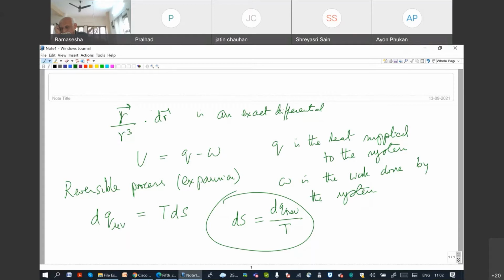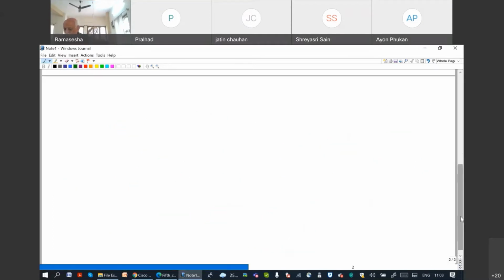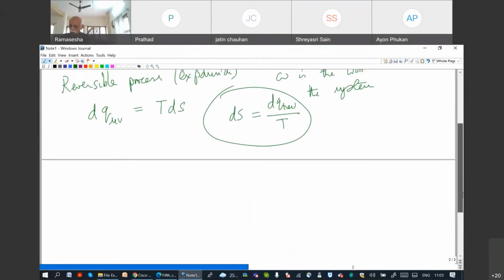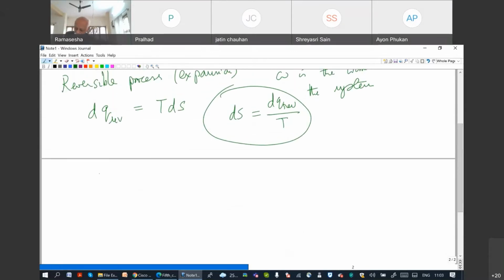If we go to another path, the amount will change. So that's the reason why you have to specify the path. The path is a reversible path that I have specified. That is why I have to specify the path whenever I specify anything to do with non-state functions. Okay. And the reversible work done in expansion